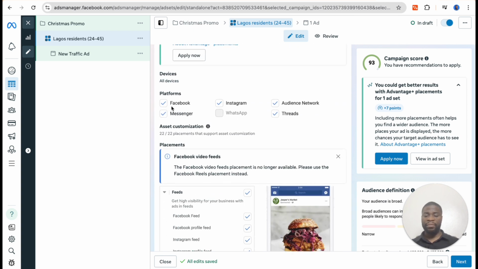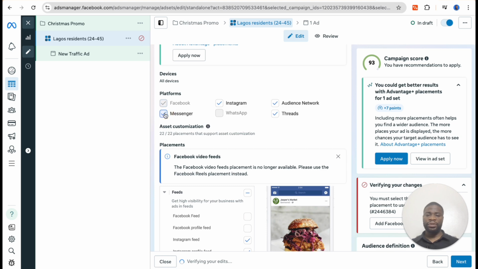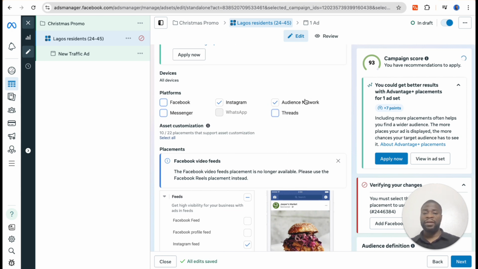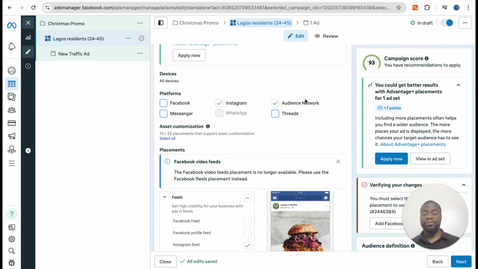Now back to the platform. So I can untick Facebook, untick Messenger, because those two have to go together. So if you're unticking one, you're unticking the other. I can untick Threads, and Audience Network are other supportive platforms or platforms affiliated with Facebook where your advert can show. Example would be when you watch or see adverts on Candy Crush and some other websites where you go to play or have fun. So I can untick that